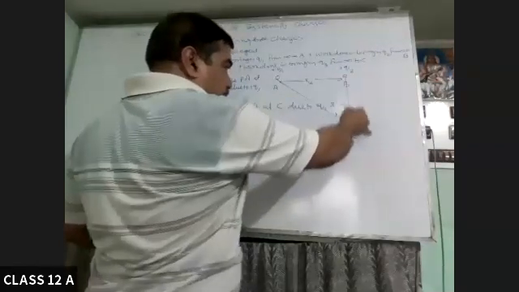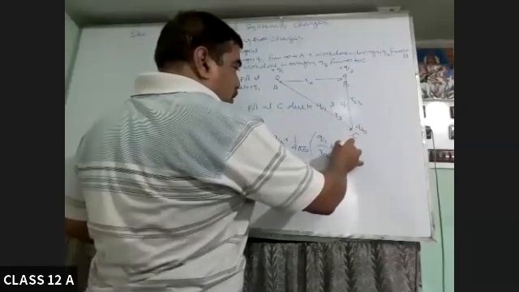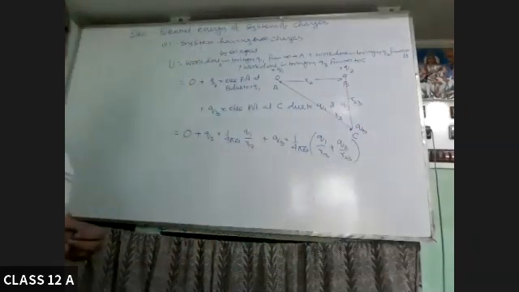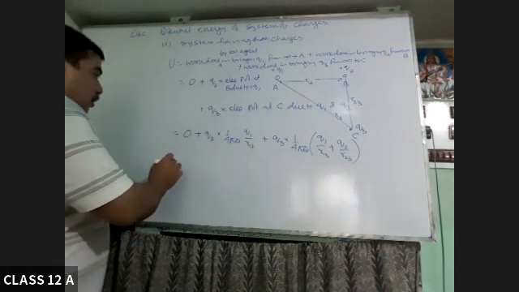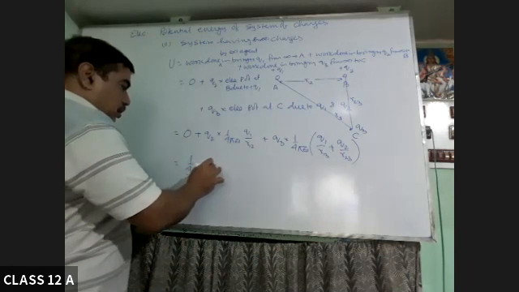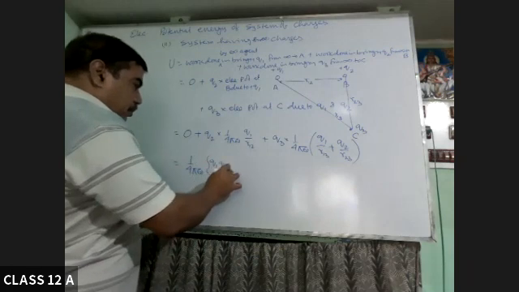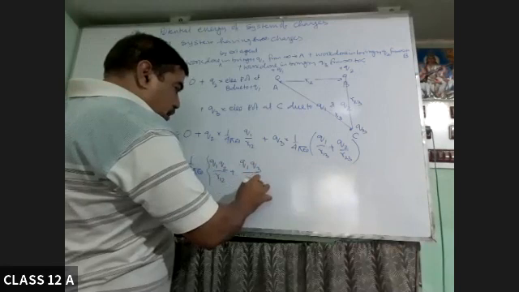Potential at C due to this one, R23. So it is 1 by 4 pi epsilon naught, Q1 Q2 over R12, Q1 Q3 over R13, this into